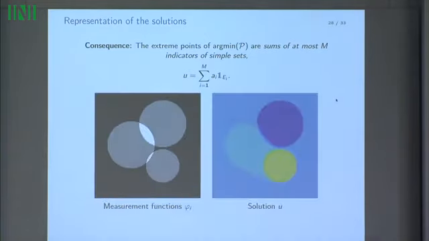No, that's okay? Okay, so just to illustrate a bit, we just discretize the problem. Of course, I presented the problem in a continuous way, but you can discretize it and run a Chambolle algorithm. If you have three measurements on some function u, this is a TV reconstruction, and you can see that here we found three simple sets, right? Okay, so it's just an illustration. It's not a proof.